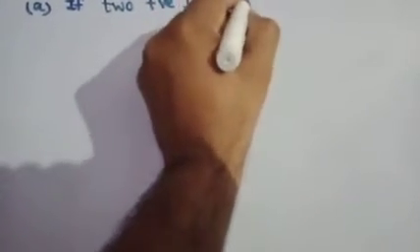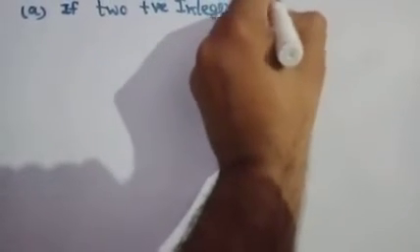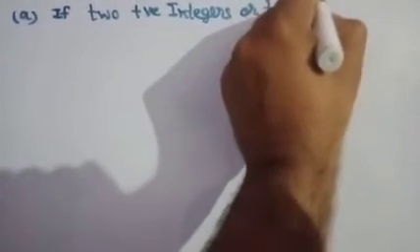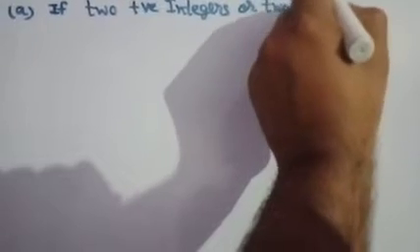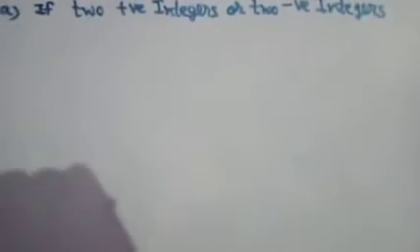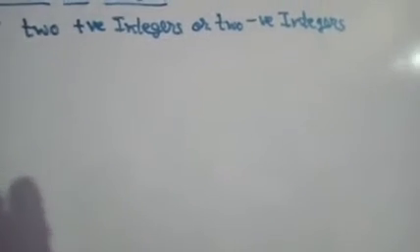If the integers are like, means if two positive integers or two negative integers are added,